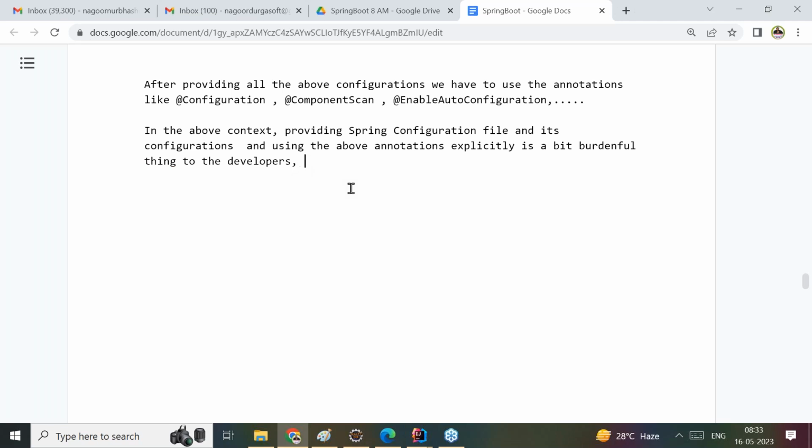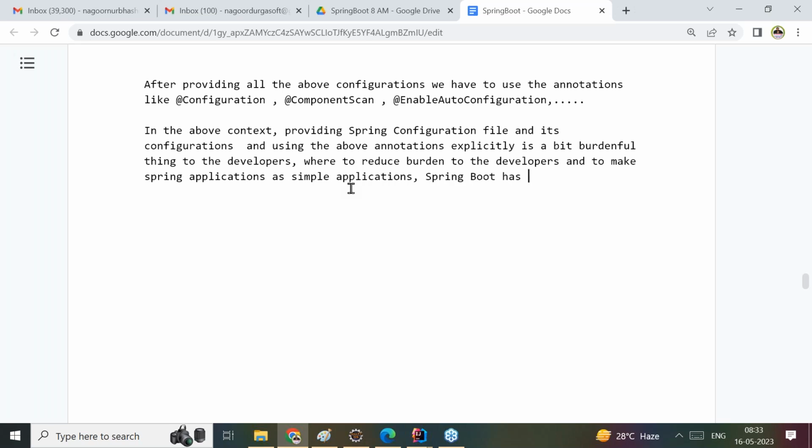Understand, guys, what I'm telling is a burdenful thing to the developers. Here to reduce burden to the developers, and to make Spring applications lightweight, instead of saying lightweight applications, to make Spring applications as simple applications, Spring Boot has provided